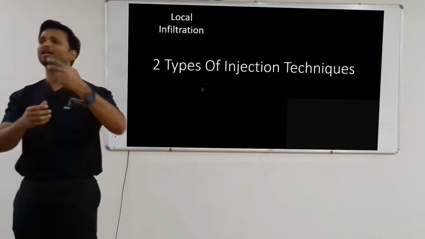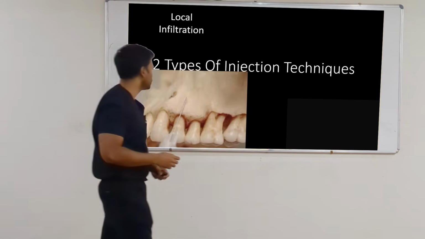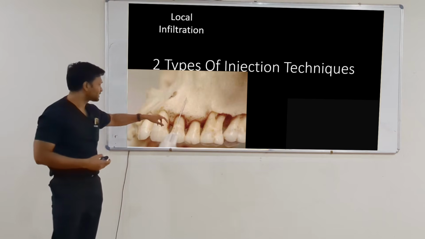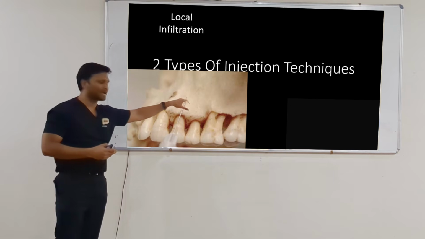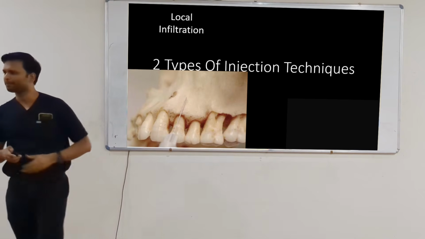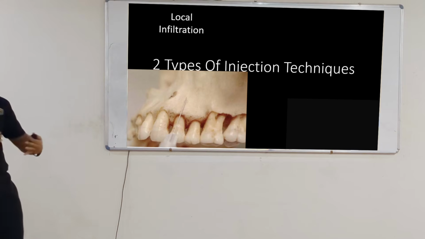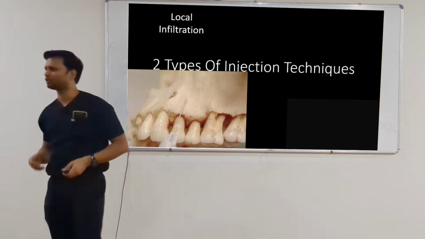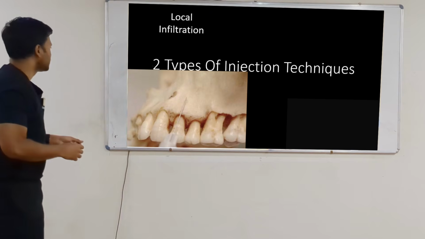Local infiltration क्या है? We are depositing the LA exactly over the side where we want to operate, right? जहाँ पे cut देना या tooth anesthetize करना है. So in local infiltration, we deposit the LA. In case of RCT or extraction, we deposit the local anesthesia exactly at the apex, over the bone at the apex of the tooth. Okay? और कोई soft tissue surgery है, तो we deposit exactly at the surgical site, जहाँ पे soft tissue में deposit कर रहे हैं. Okay? So that is one.